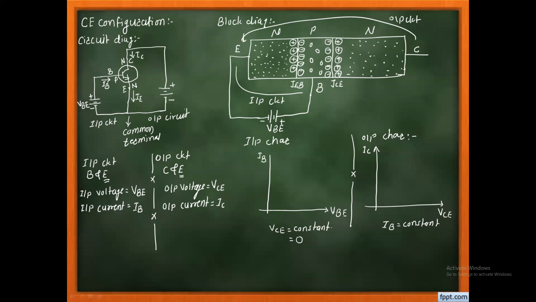So that emitter to base junction is connected in a forward bias. It means that the PN junction diode is connected in a forward bias. You will get the graph: when the forward bias voltage is above the cut-in voltage, you will get the linear change in the current. So this is the graph for VCE equal to 0.